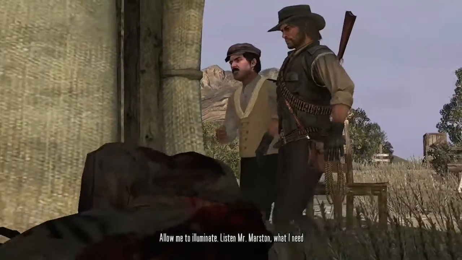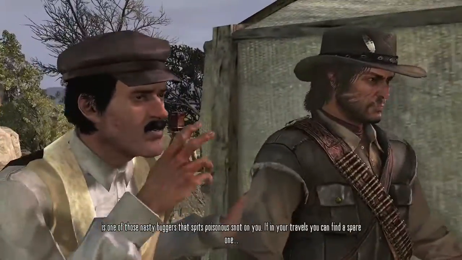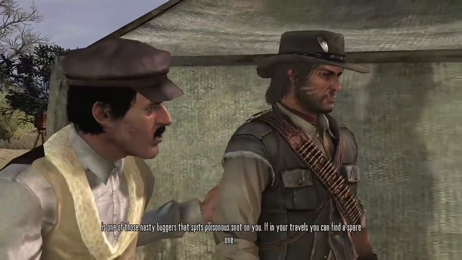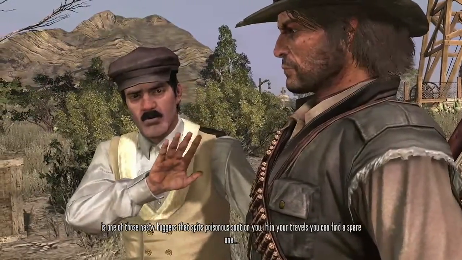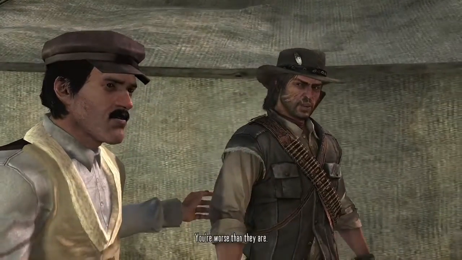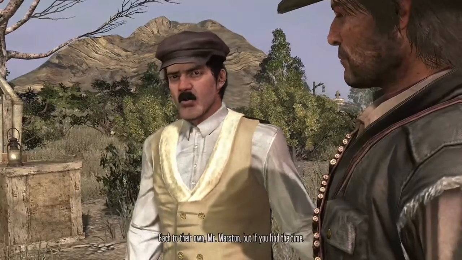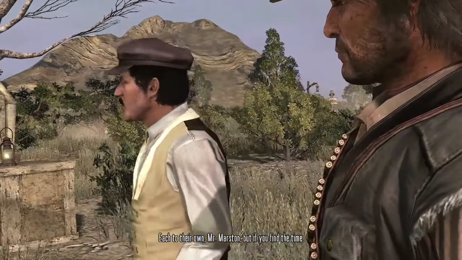Listen, Mr. Marston. What I need is one of those nasty buggers that spits poisonous snot on you. If in your travels you can find a spare one, we can make moving picture history. You're worse than they are. Each is their own, Mr. Marston. But if you find the time...